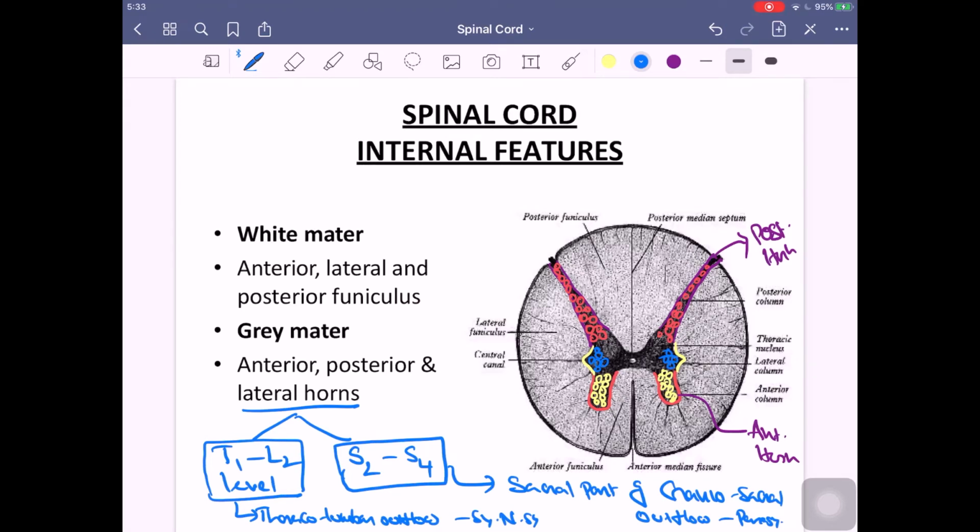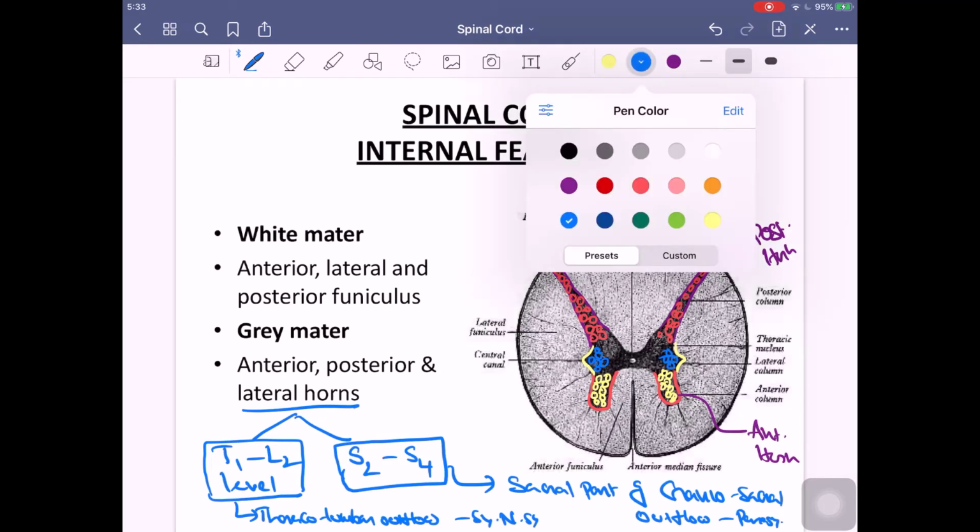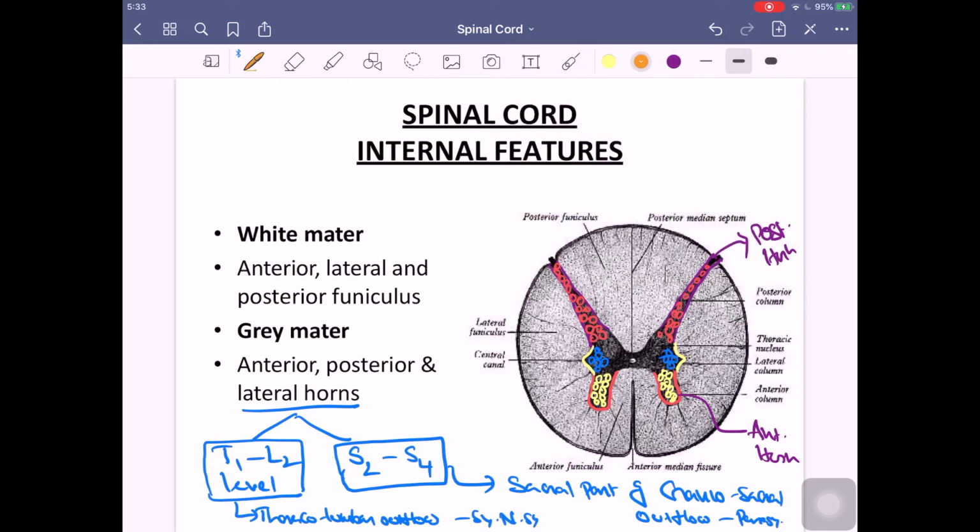Fine. Now you also have to notice that your anterior horn of one side is connected to the anterior horn of the other side. These connections happen through gray matter again. This part of the gray matter, which is lying in front of the spinal cord, in front of the central canal, is what we call your anterior gray commissure, which is lying in front of your central canal and behind your anterior white commissure. So this is the area.